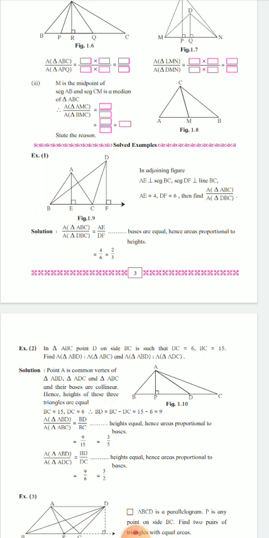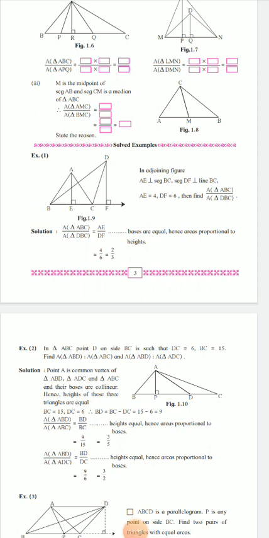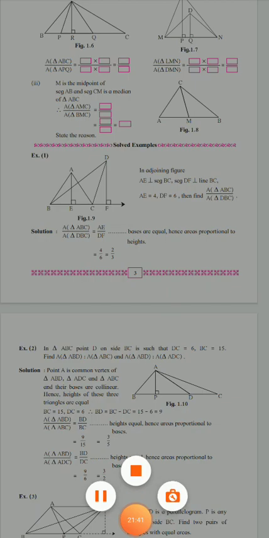So I write the reason above, in brackets with the proper reason sign: as the bases are equal, that is BC, both triangles having the same base BC, we write the area ratio considering the ratio of corresponding heights. So AE upon DF is equal to 4 upon 6, and if we simplify it, you will get your answer as 2/3. So in this way, if the properties are clearly understood, you can easily solve the numericals. Okay, let's proceed. We will solve one more problem.